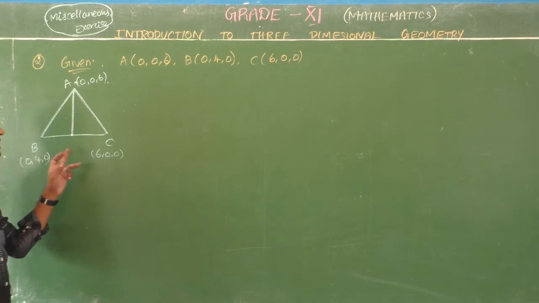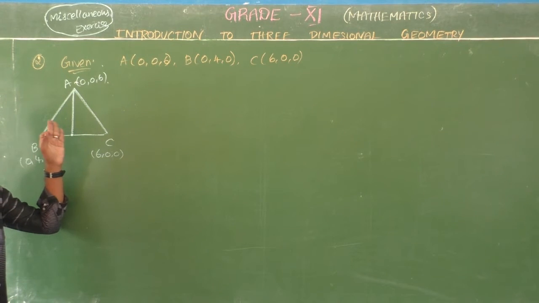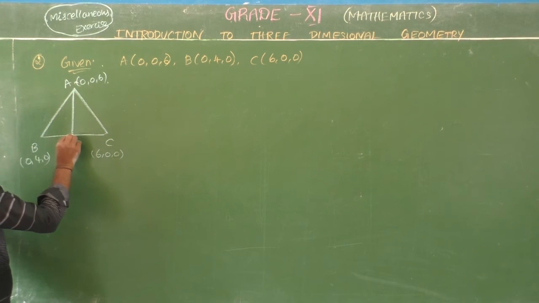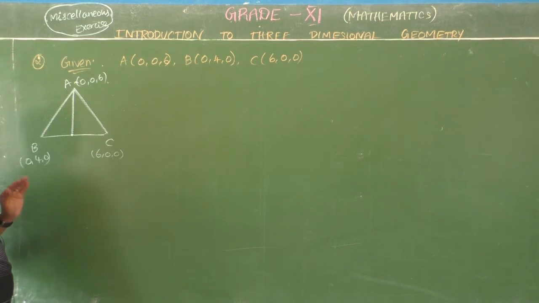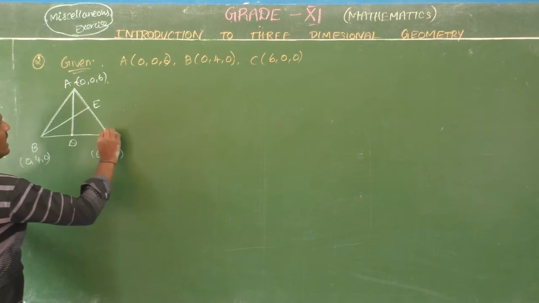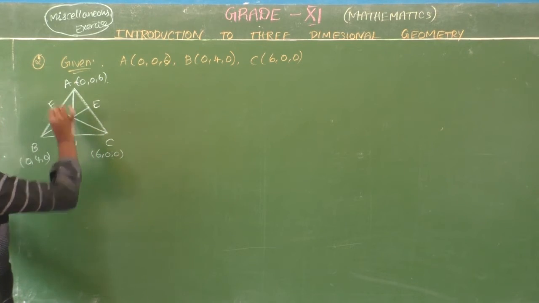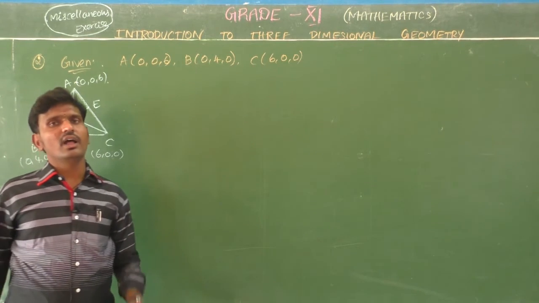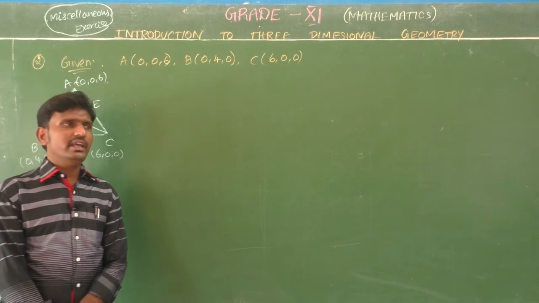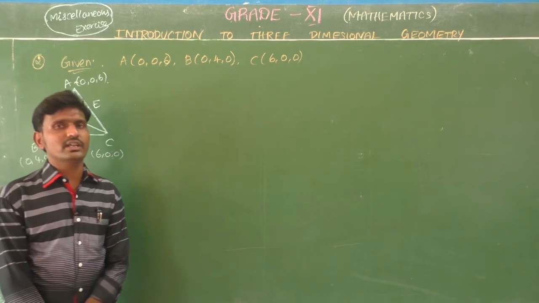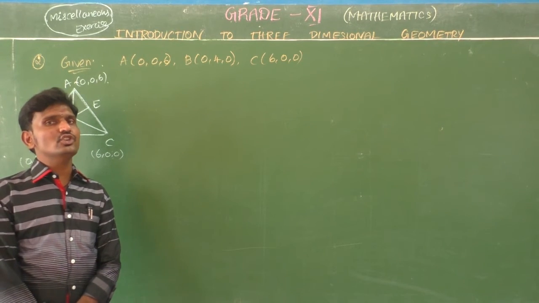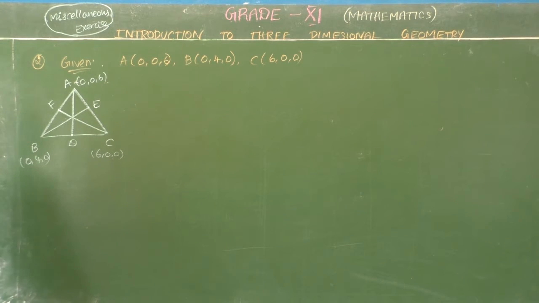Okay, a median is the line joining a vertex to the midpoint of the opposite side, the base. So that is D, then this one is E and this one is F. So how many medians are we going to draw? Three medians in the given triangle. And in your previous syllabus you also prepared one concept: the medians of a triangle divide each other internally in the ratio 2:1.